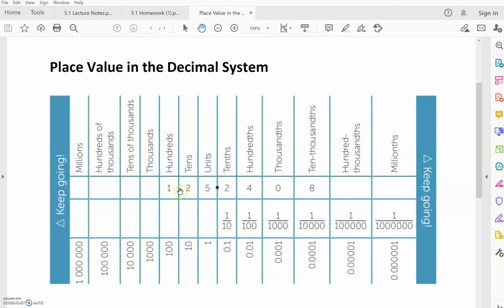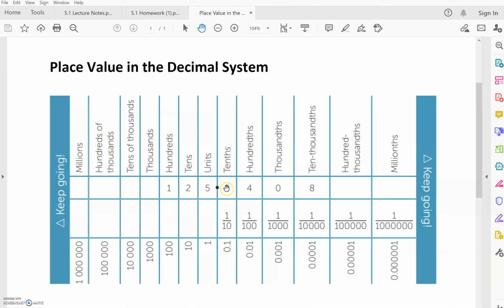So any of the numbers to the left, we're used to dealing with. These are our whole numbers. We understand the tens, hundreds, thousands, tens of thousands. We understand those places. Now, if you look from any number to the right of the decimal, we have a